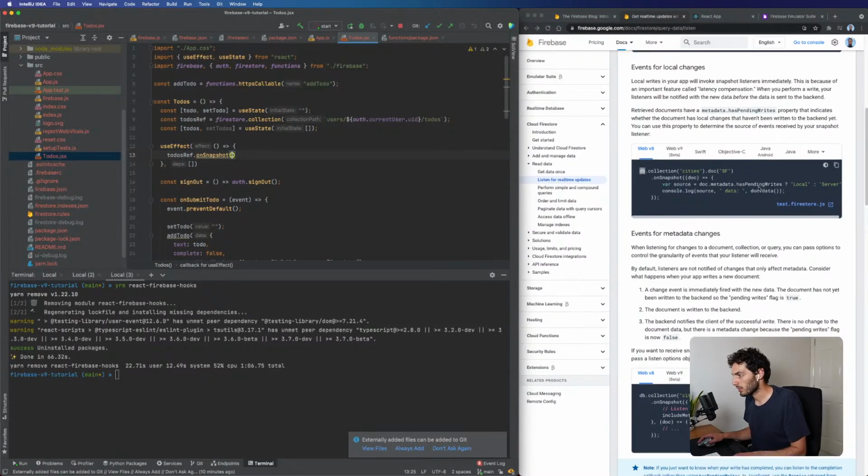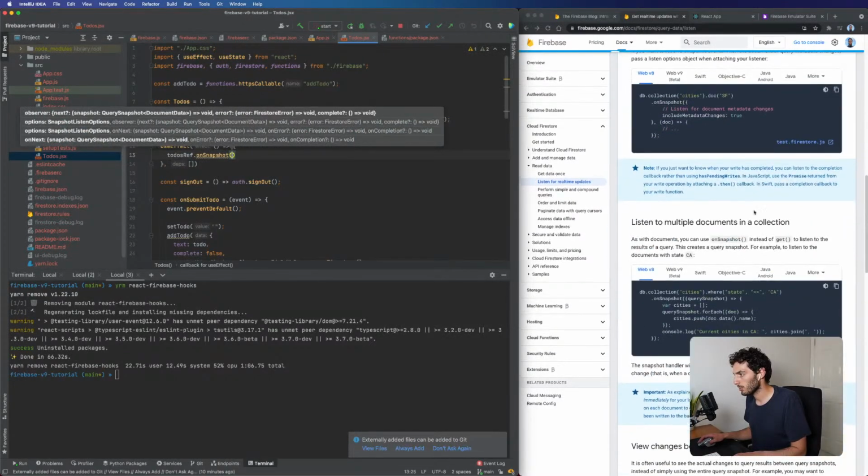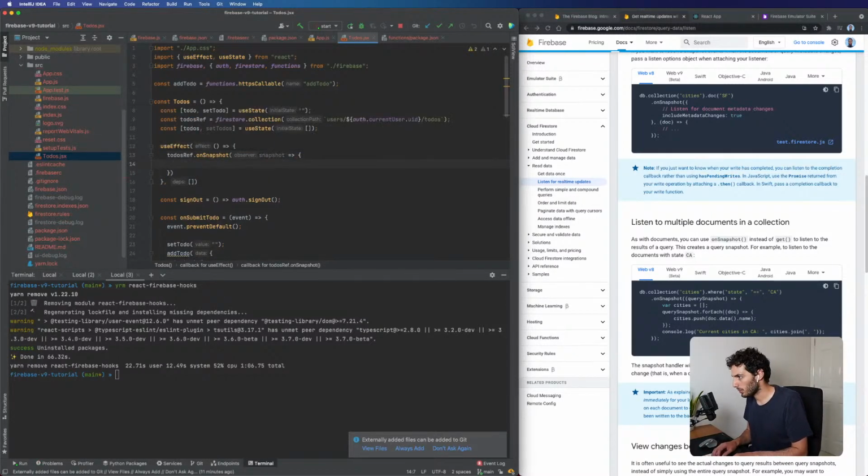And actually what I want is to listen to multiple, this is the one here, on snapshot, and then we get back a query snapshot. This is always slightly weird. So on this snapshot here, we need to go for docs, and then we need to map through it. It's got a map function, it's a mappable object. And each one of these brings back a doc, and it's the doc.data. I think that's what we're looking for, if I remember correctly. So let's log this and just see if we're getting